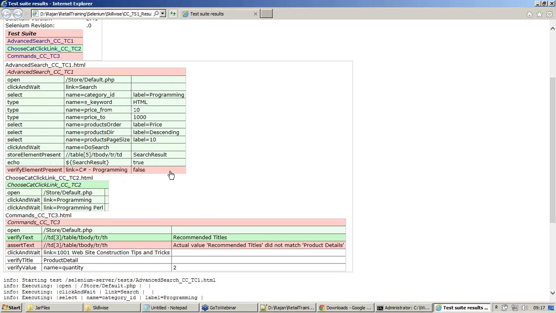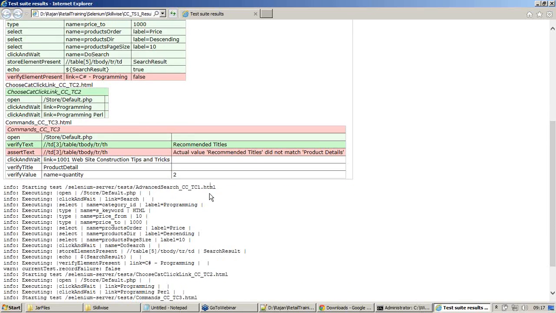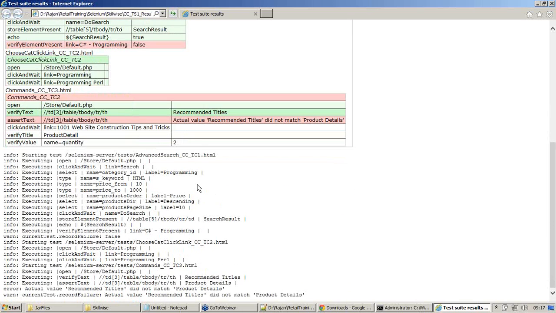Whenever it fails it highlights, and below that you are getting the log files also, which means Selenium RC does not miss anything. It gives us all the results back to make sure that we get everything clearly.